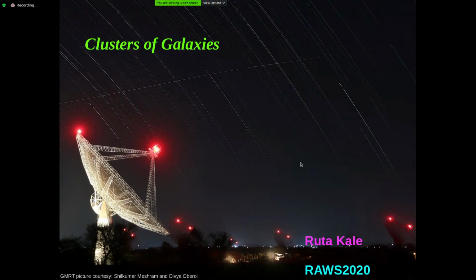I will be telling you about clusters of galaxies, and so far you have, I suppose, heard in general about radio astronomy and how the sky looks in radio as compared to what we see with our naked eyes, and in general about galaxies, etc. So clusters of galaxies are just